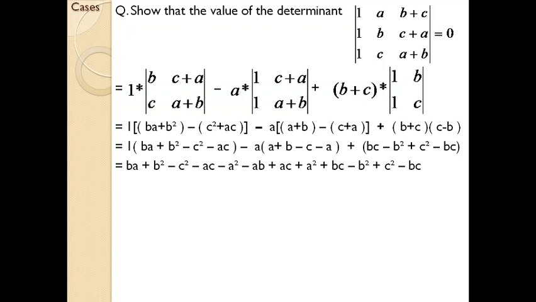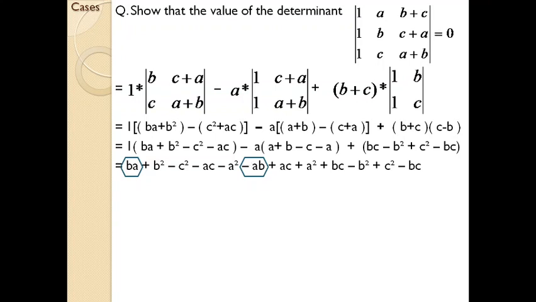So how are you going to deal with the last step? In the question you are asked to find that if you solve that particular determinant of order 3 you will get a value 0. So on the basis of this step you have to find whether you end up with 0. If you go through this last step you can understand that many of the variables within this computation seem similar. See, the first one is BA. If you go through this entire computation, you can see that there is another BA and AB. We can use both variables synonymously.